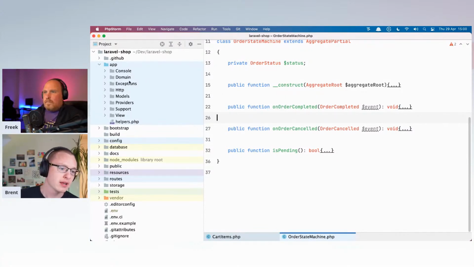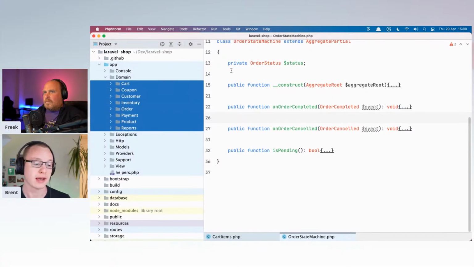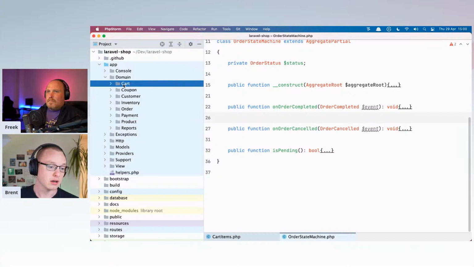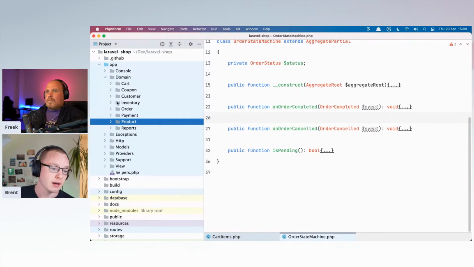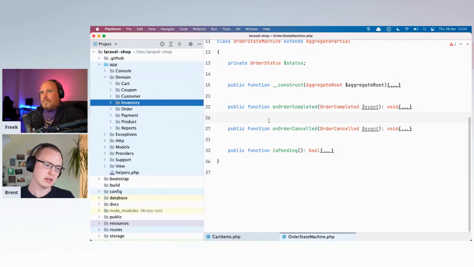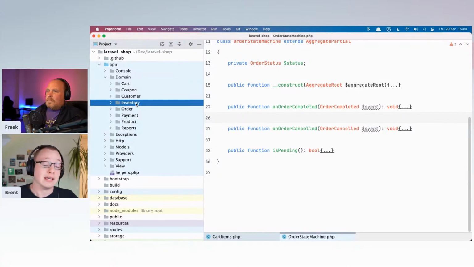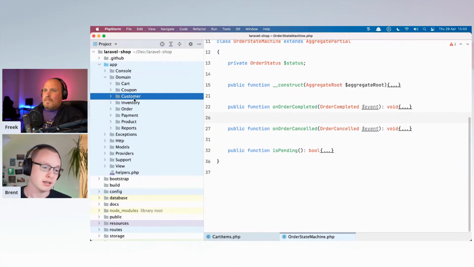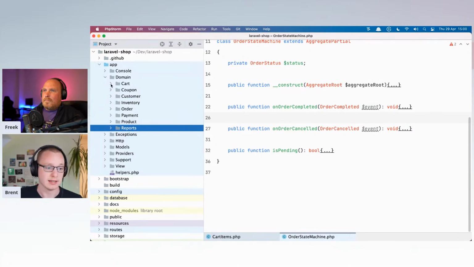So let's go to the code. And most of the interesting stuff will happen in this domain folder over here. You can see there are some aggregates. We already mentioned cart, order, and payment. There's, of course, products as well. Inventory here. I didn't show that in this example, but products could have an inventory attached to them so that you can only buy a given amount of products until the inventory is replenished. There are customers, that I was logged in as a customer, and there are coupons, and I'll also show that. And finally, there are reports, but we'll come back to that later.